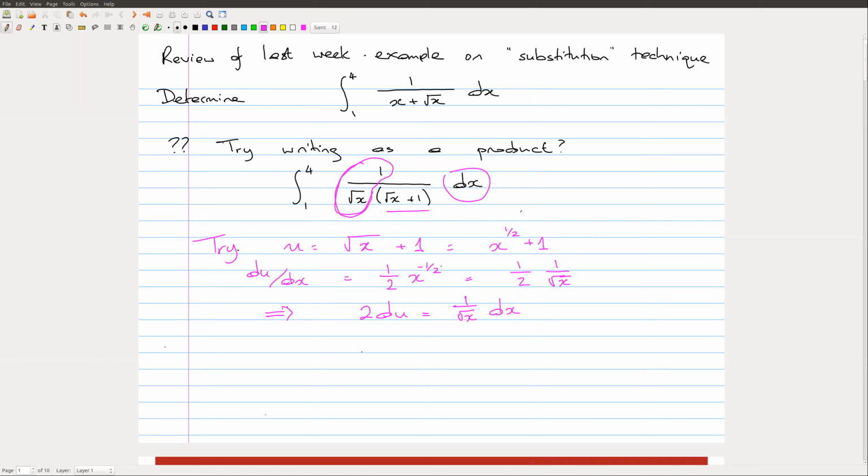So our integration, well actually also while we're at it, maybe we should write the limits of integration in terms of u. So when x is equal to 1, u is the square root of x plus 1, so it's the square root of 1 plus 1, which is 2 for the lower limit. And when x is equal to 4, which is the upper limit, then u is the square root of 4 plus 1, which is 2 plus 1. So our upper limit becomes 3 when we write it in terms of u, and our lower limit is 2 as a value of u. So our problem becomes,